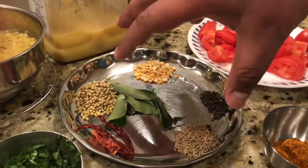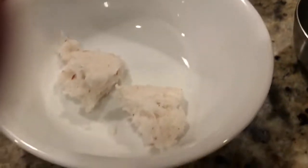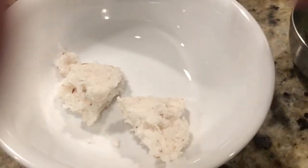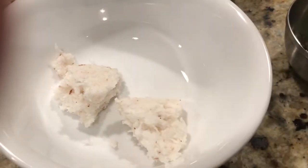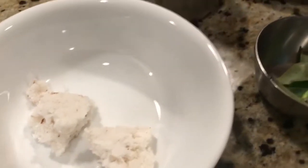This is going to be made into a spice powder after dry roasting, along with what you see here, which is about 2 spoons of coconut. This is about 2.5 teaspoons of fresh coconut that will also be dry roasted. We also have here